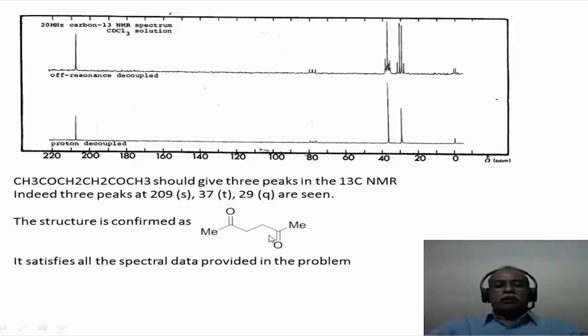So the structure that is shown here, which is hexane-2,5-dione, is the correct structure of the compound. In fact, all the spectral data can be explained on this basis. In the mass spectrum, fragmentation at this particular bond breaking will give the acetyl peak, being a symmetrical compound. If it breaks in the middle, essentially it will give half the molecular weight. The molecular ion peak is very clearly seen in this particular case.